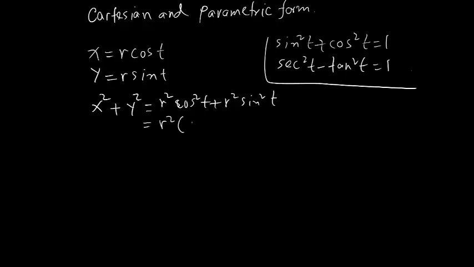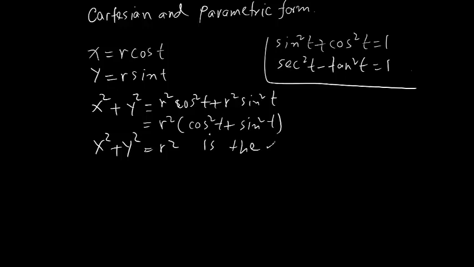When you factor out r squared, you get cosine squared t plus sine squared t, which is simply r squared, because cosine squared t plus sine squared t is 1. This is the identity. So when I say x squared plus y squared is r squared, it is the equation of